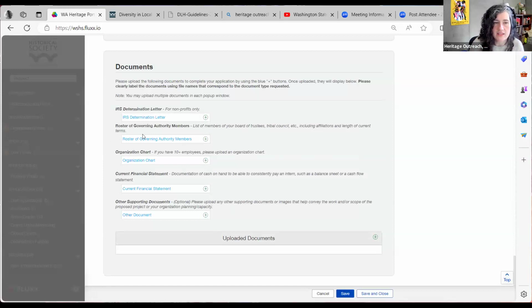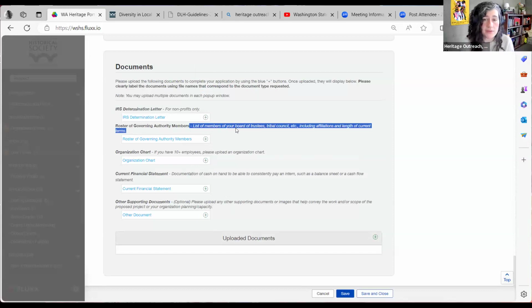You'll have next a roster of governing authority members. So this is your list of members of your board, a tribal council, for example, or any other kind of governing body that you might have. This would include affiliations and the length of their current terms.